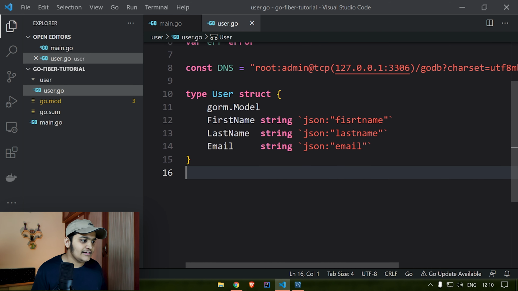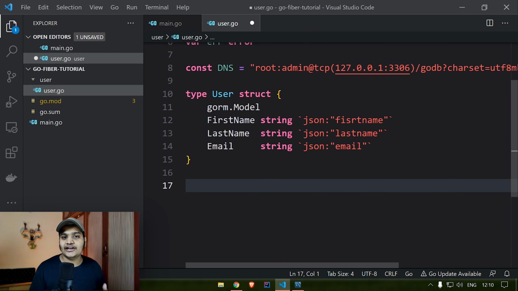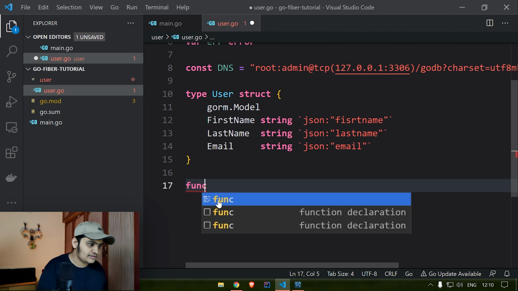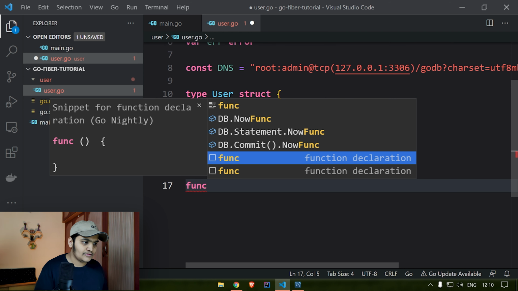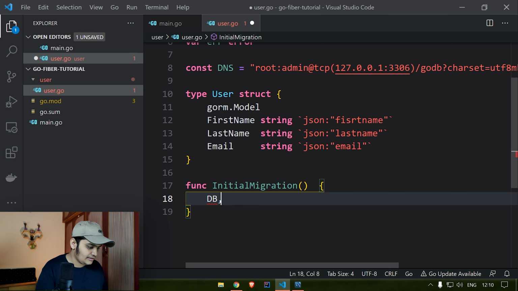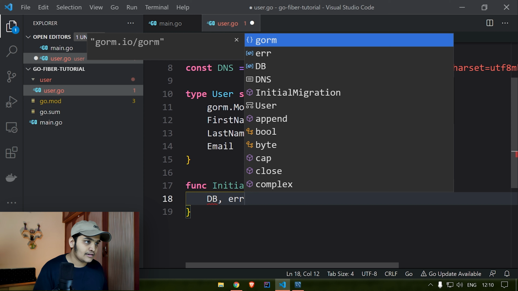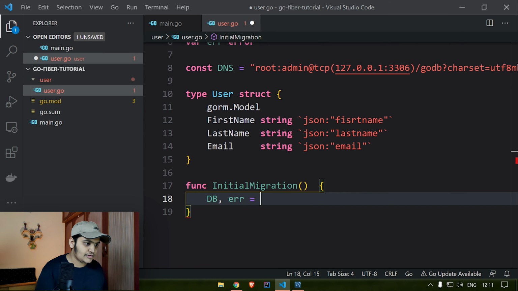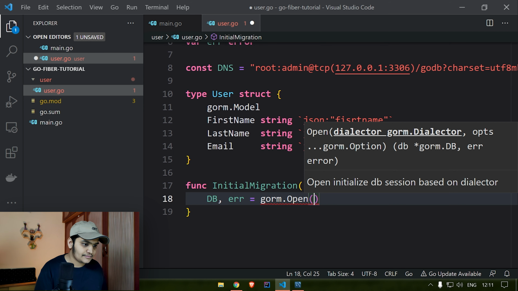Now we need to add the method over here, and we will call that particular method from our main method. So I'm just creating a function, initial migration, and here I'm saying db, err equals gorm.Open.